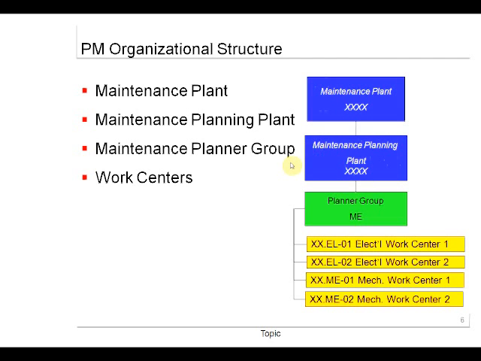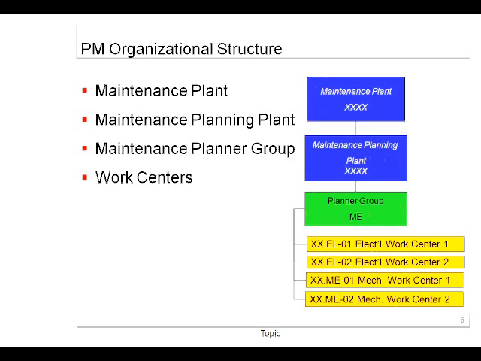And under this planning plant we have a lot of planner groups. Planner groups are nothing but the managers who plan the maintenance activity in their own areas. So if there are 100 process lines, each process line will have a planner group, or say a manager, who will plan the maintenance activity for that process line. Under the manager there will be a lot of people working, and each person will not be dedicated to a single cause. Say some will be responsible for electrical, some for mechanical, some for projects, some for preventive maintenance, etc.